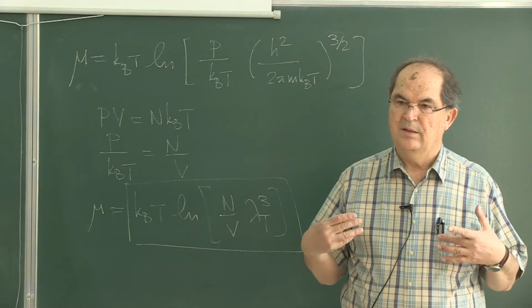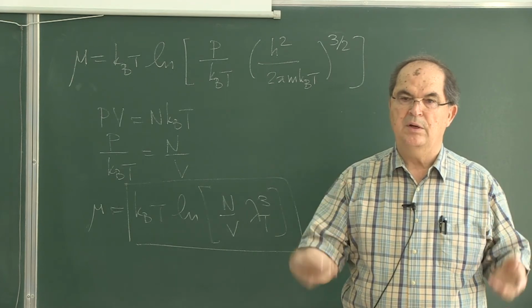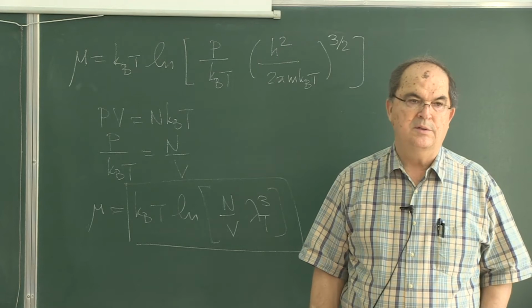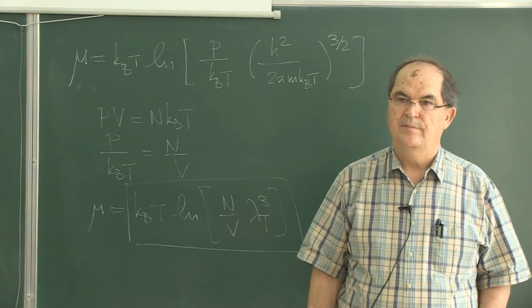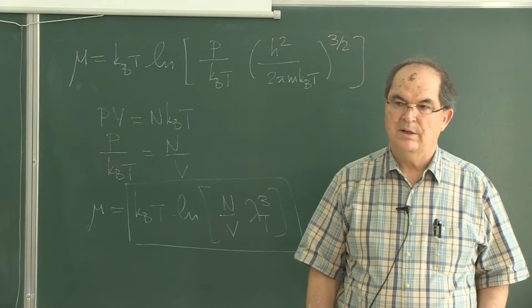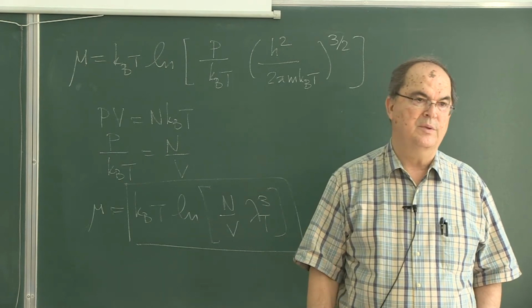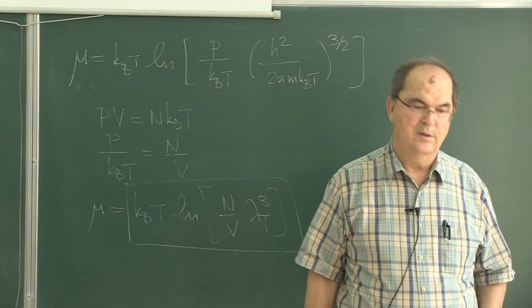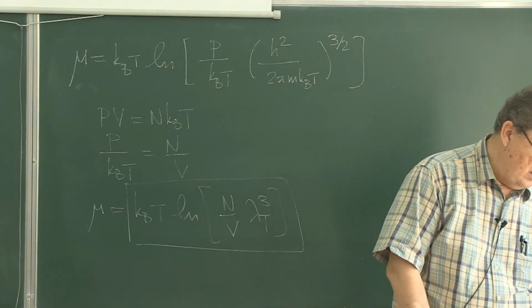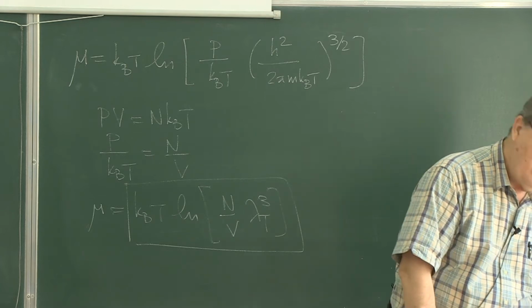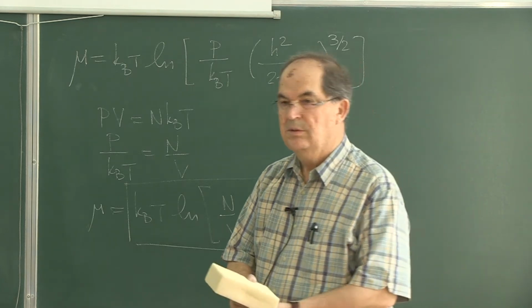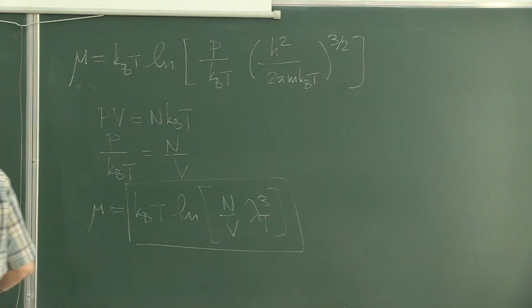I used my grand canonical ensemble ideas to get the earlier results as explicit functions of volume, temperature, pressure, whatever way you want to write them. Any questions? Okay, let's go to